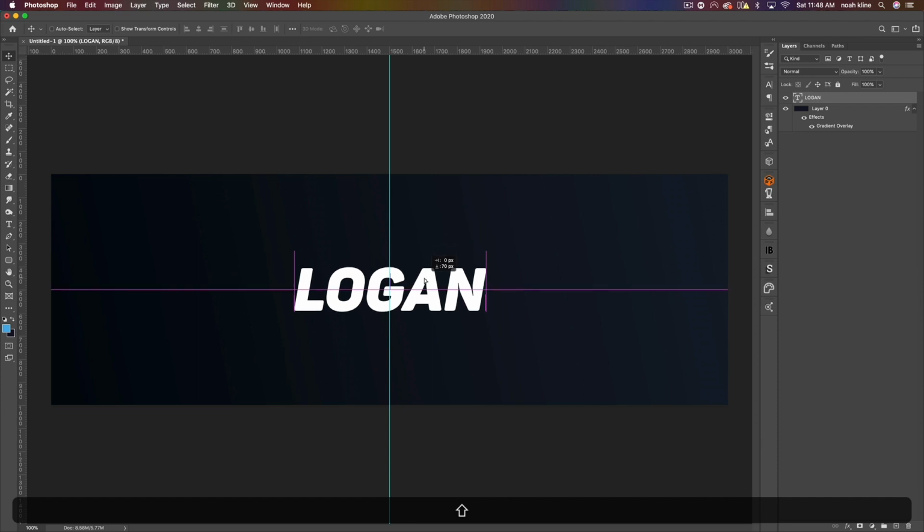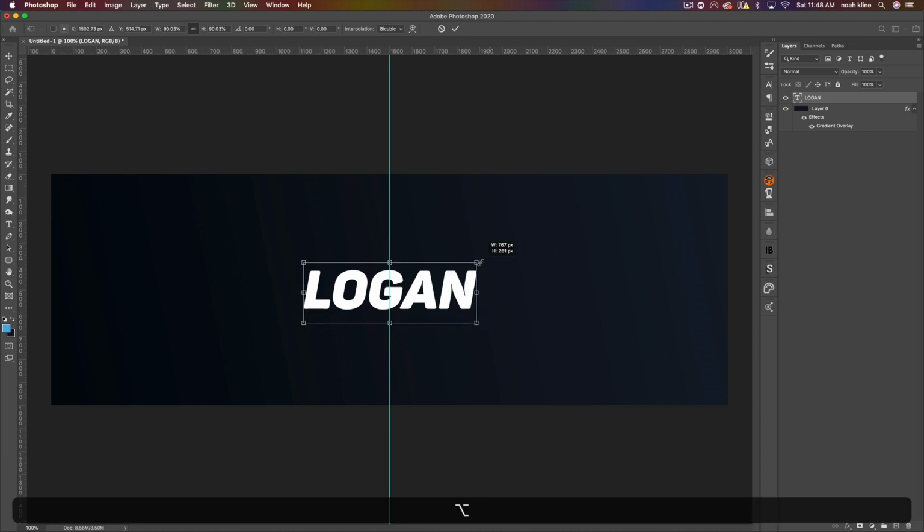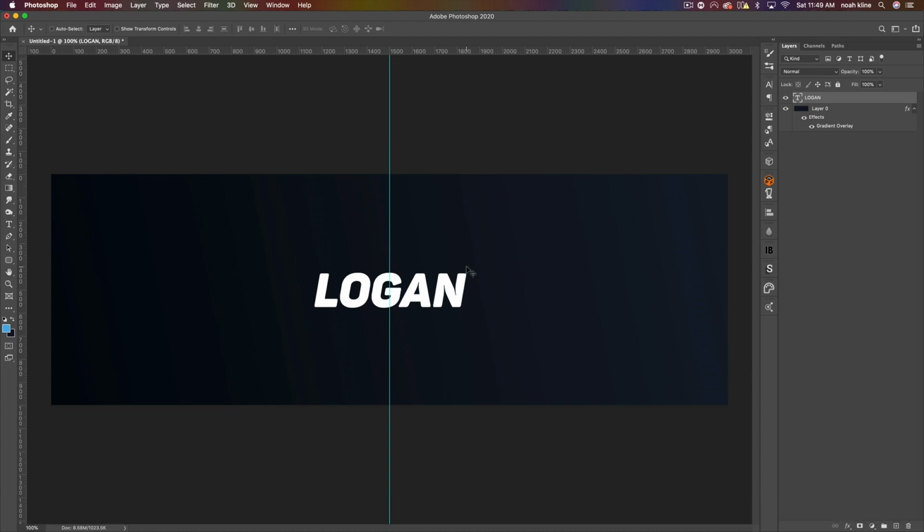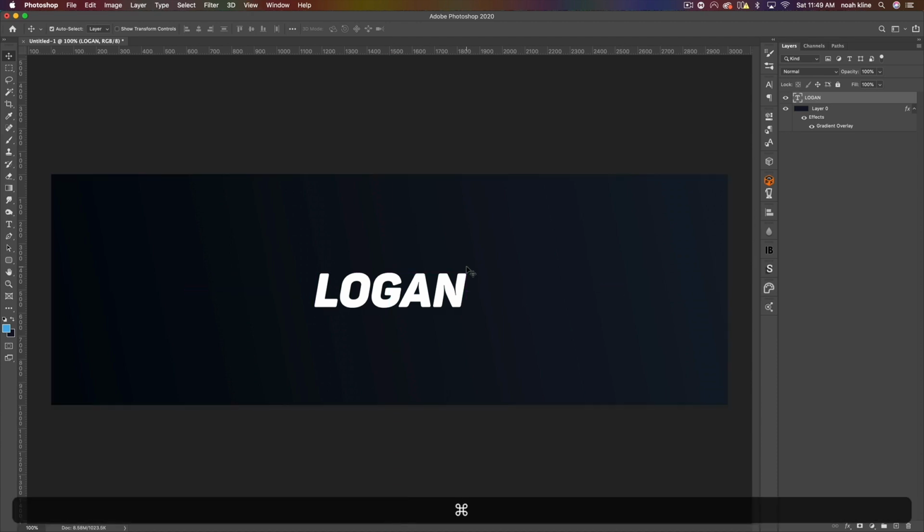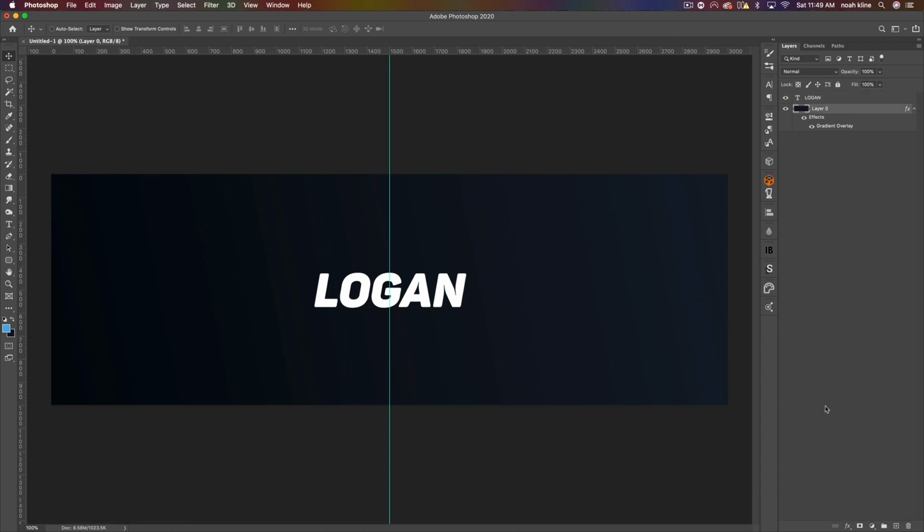We'll get a pink line when it's in the middle horizontally. Press Command T and then hold Alt, and we'll make it slightly smaller for now. We might change it later. And then to hide that guide, we can go to Command H. But we're going to want it real fast, so click the bottom background layer and come over to